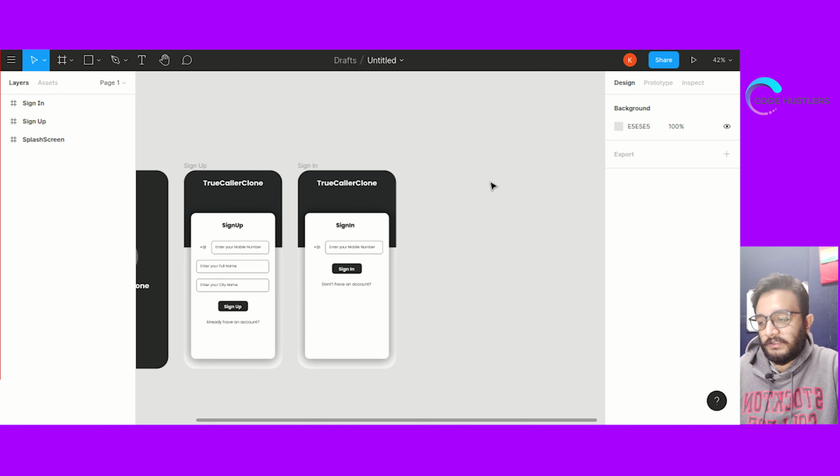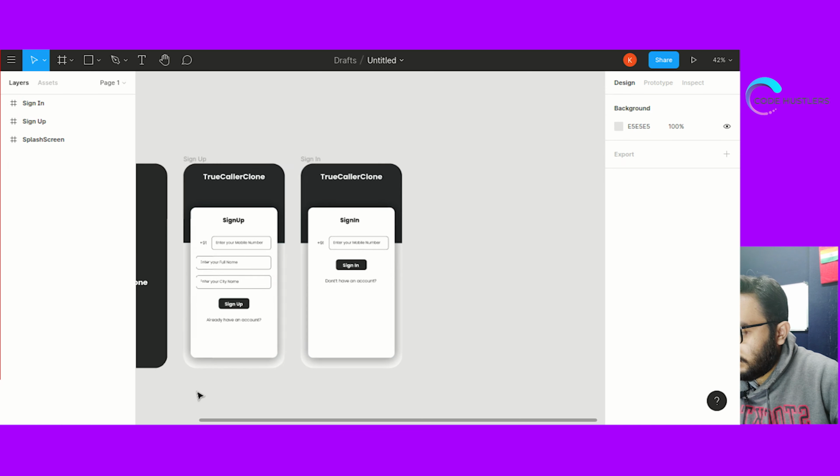So let's get started with our Figma design video. In the last video we did Figma design part one, where we designed the sign up screen and splash screen, and we also designed the logo on Canva. So in this video, we'll be completing the design part of this app. We'll create a verify OTP screen, a list of users screen, and a dialog screen where we'll show the user's details, whatever details we have right now. So let's get started with this video without wasting any time.